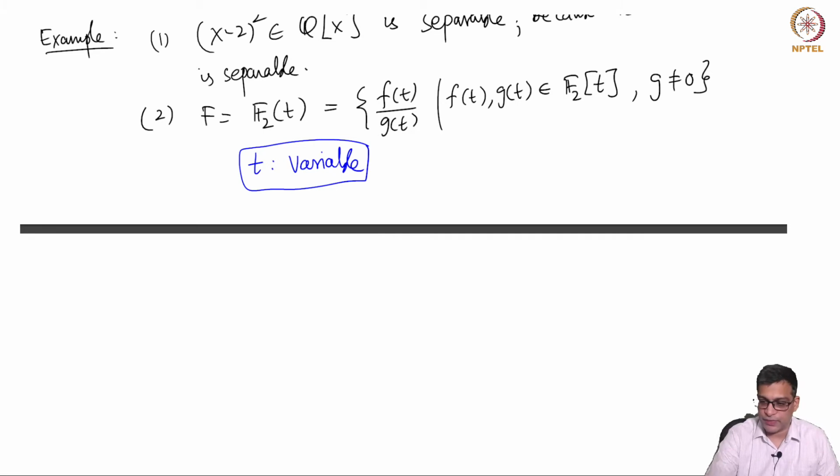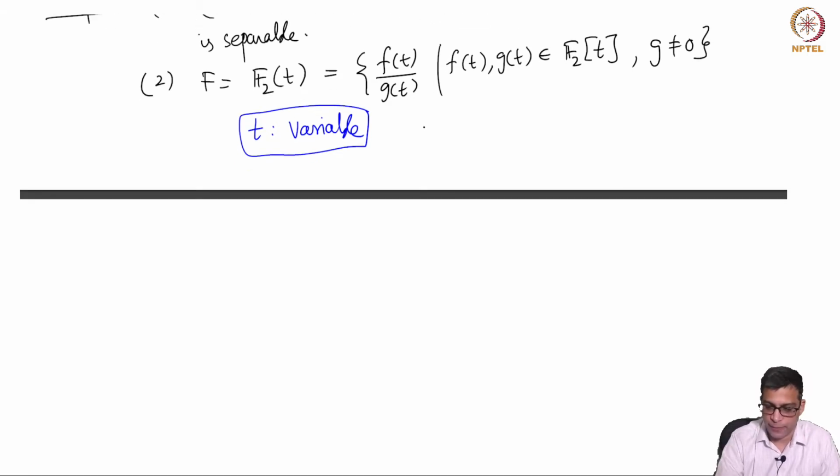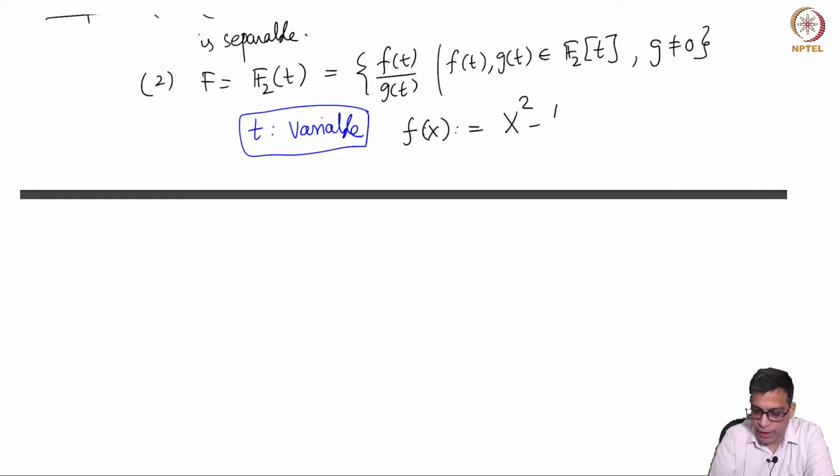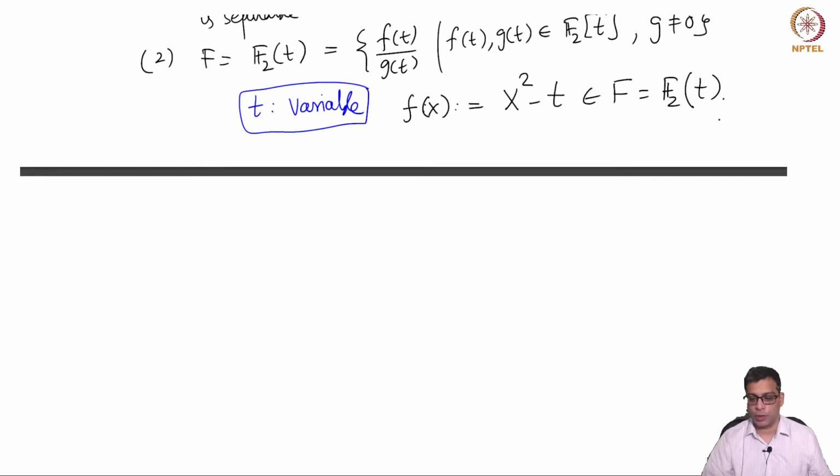Okay. So in this field, which is a very big characteristic 2 field, let's consider, where x will now refer to the variable, f(x) to be x square minus t in F, which remember is F2(t). So in this polynomial, it's easy to see that f is irreducible